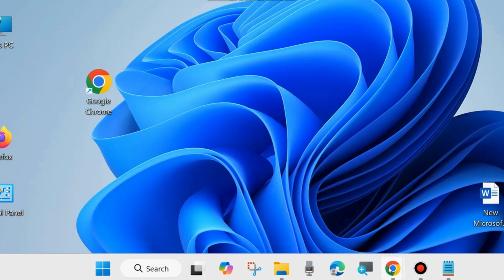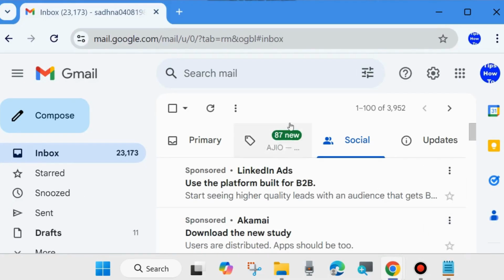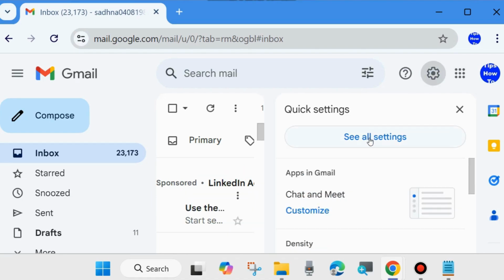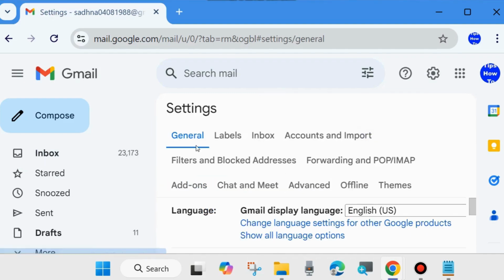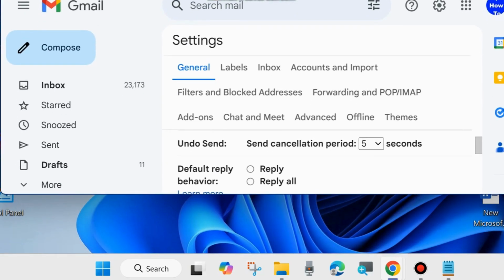And how to enable dynamic email on your Gmail account? Open your Gmail account first, and here from the top right corner choose Settings, then See all settings. Click on it, go to General settings from the top menu bar under Settings, scroll down and you will find